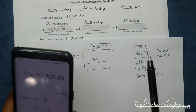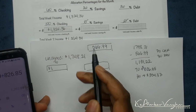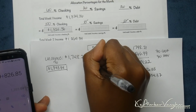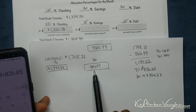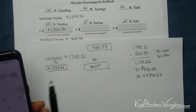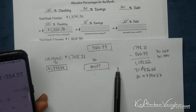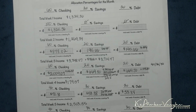So I'm going to add that up. And that means that we're, out of this total $1,748.21, we're keeping $1,393.84 in our checking, and then the $354.37 stays in or goes to our savings. And so just to make sure that you did the allocations correctly, if you just take your income and you subtract one of them, you'll get the other. Now, if you have debt, just subtract the debt, subtract the savings, and that should give you what you have left for your checking. So at this point,